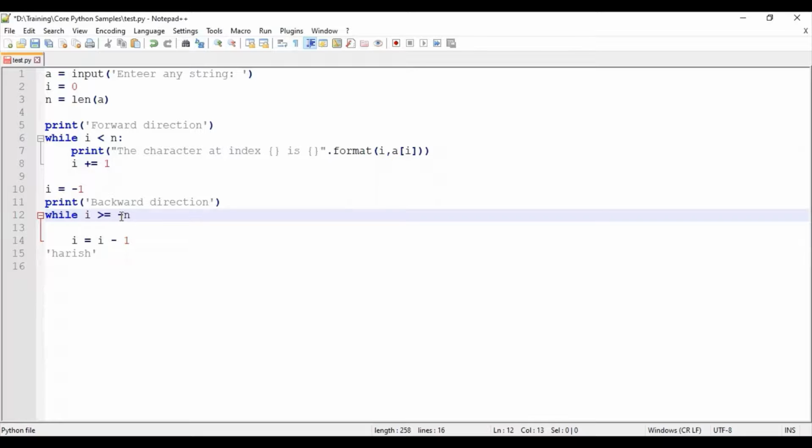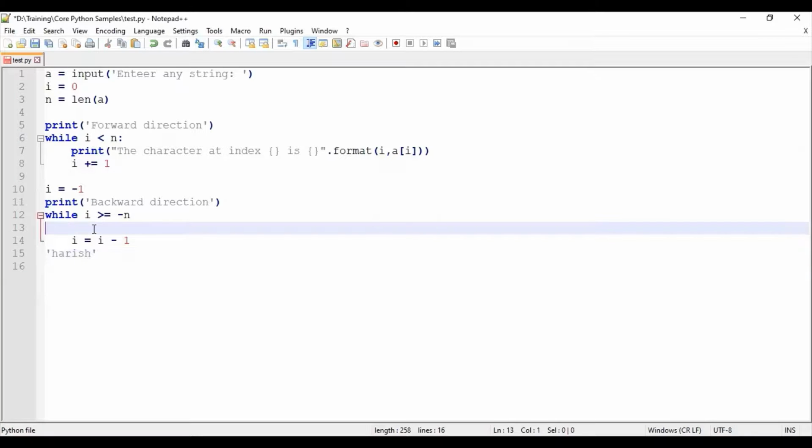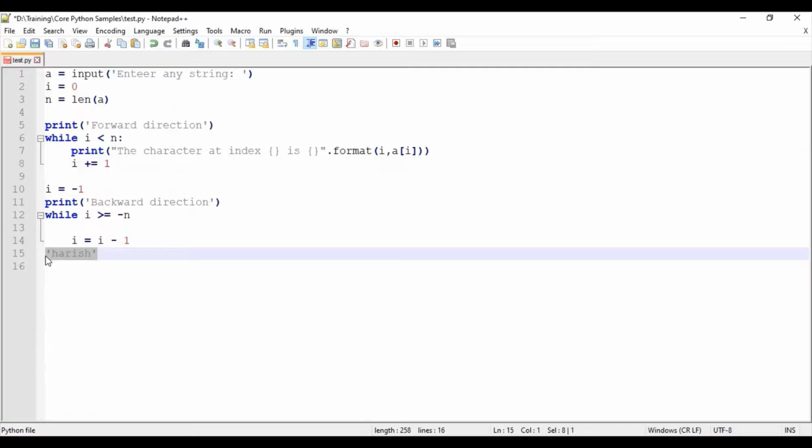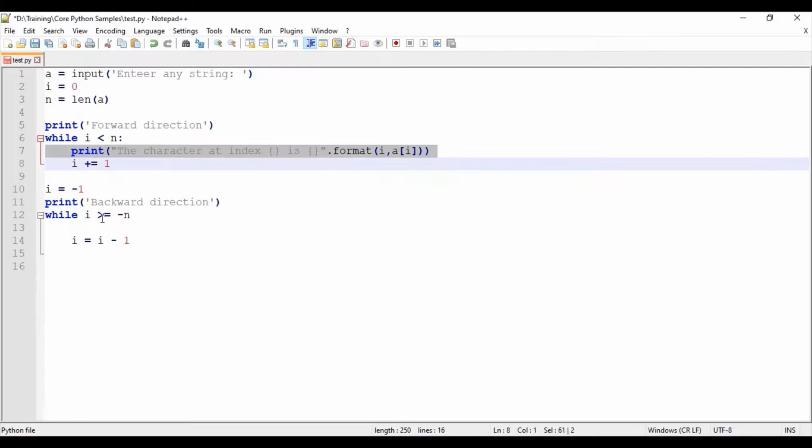I greater than or equal to -6. So when I is greater than or equal to -6, till -6 it will be coming. That's why if I give greater than, this character will be skipped, so the index at -6 will not be coming. So for that only, I have given I greater than or equal to -n. And then I will be printing the character,